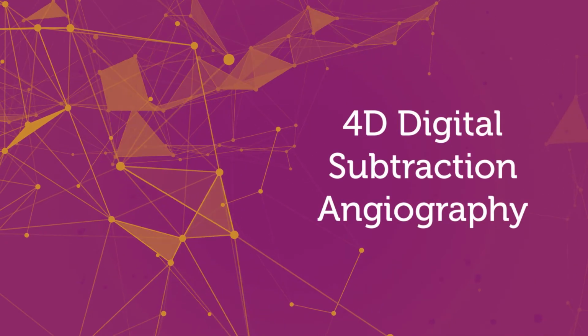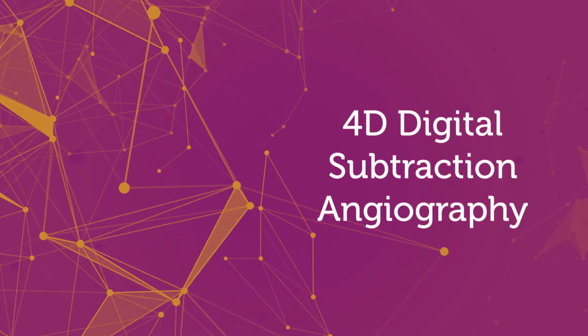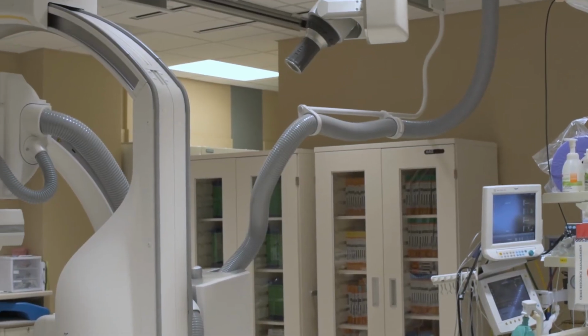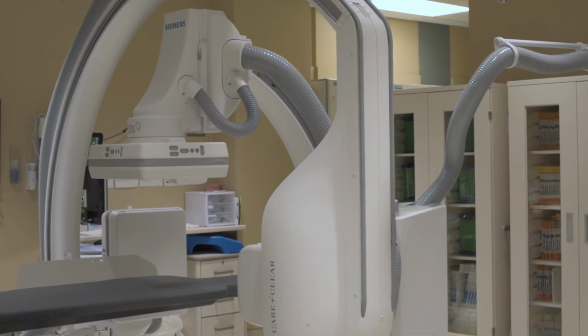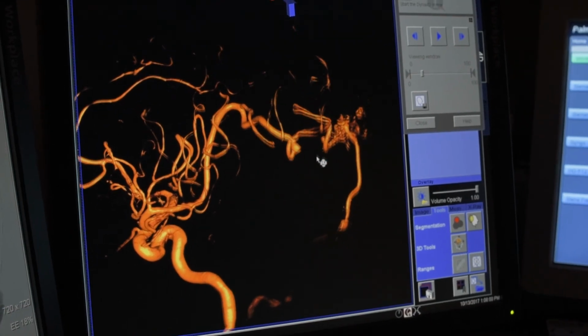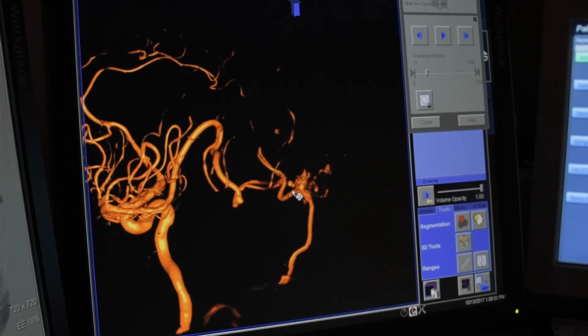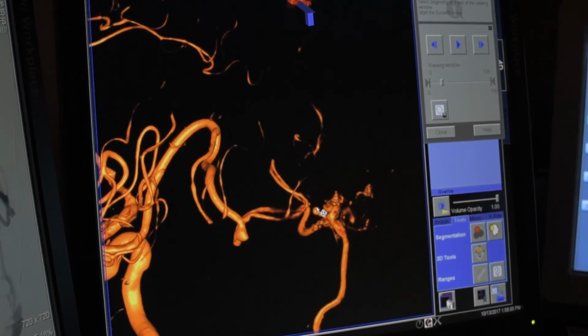One technique that we are able to offer is something called 4D digital subtraction angiography, a technique to help understand the architecture of the vascular malformation. Through one of the vessels that supplies the vascular malformation, we're able to obtain a three-dimensional structure through our software. The software also allows the ability to watch blood flow from the arterial to the capillary to the venous side.